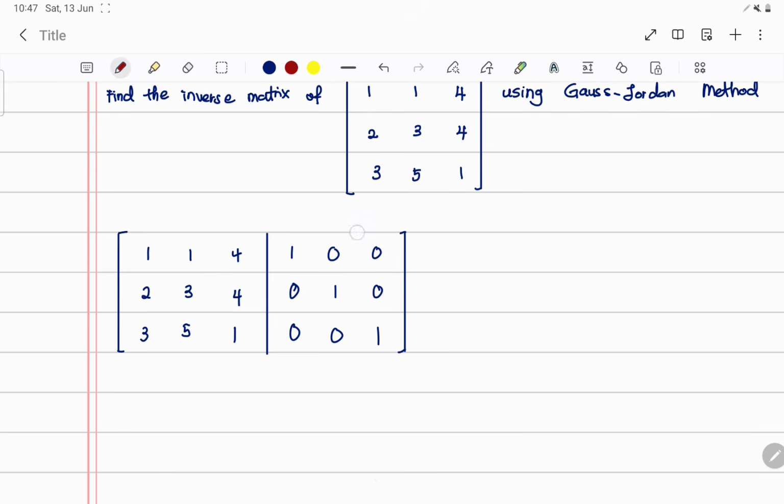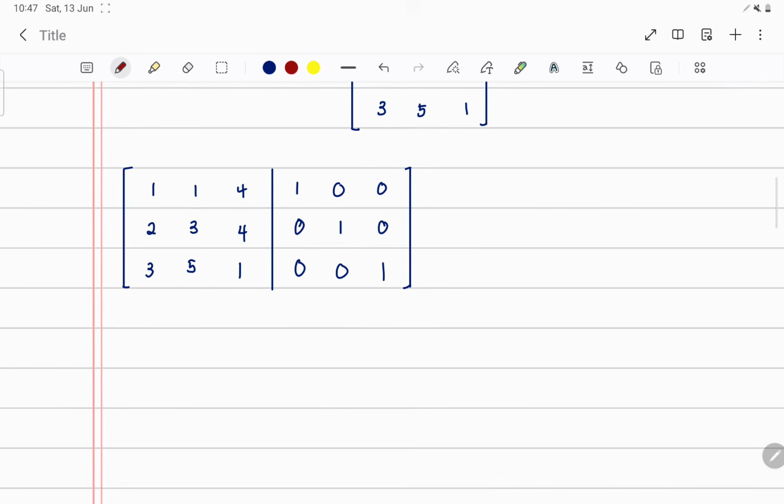Now we proceed first, the first one where we will change the first column to 1, 0, 0. Now if you check here, this is already 1. Then no need to change for us right now because it's already value 1. So now we go to the next one, which is number 2 here. We have to change to 0. 2 we have to change to 0, right? So in order for us to change 2 to 0,